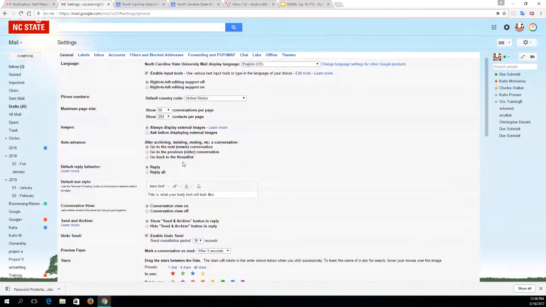Now, this is one of those features that in some accounts, Google has already moved over to the general category. So after you've selected it from labs, you go to your general settings if it's not there already, and then you turn it on right here. And you have three options: back to the thread, which is the way it's always been for you, or you can go to the oldest or the newest. And the way that that works,